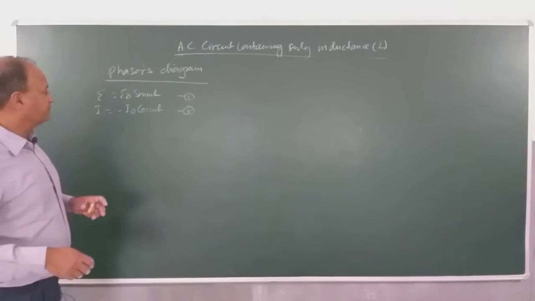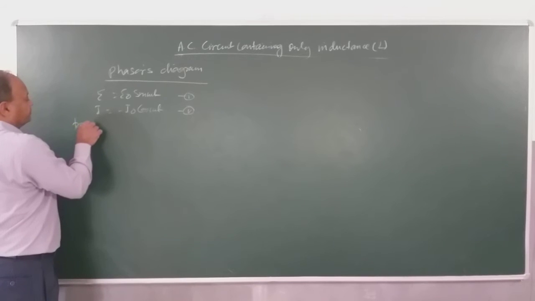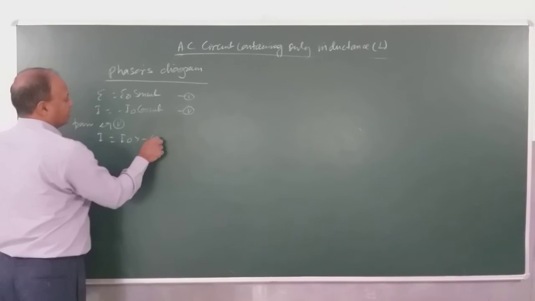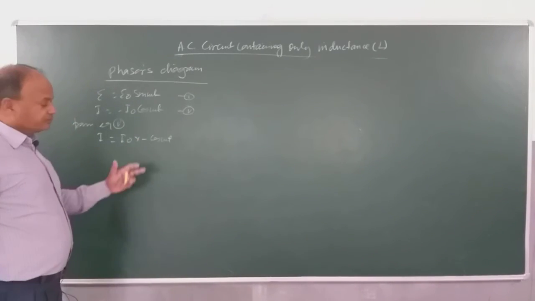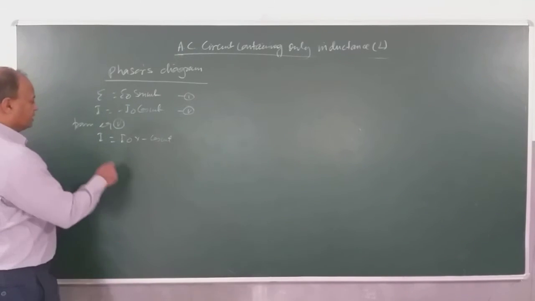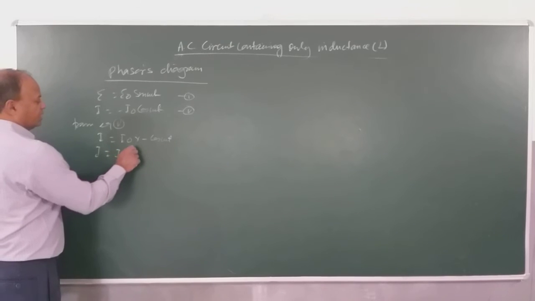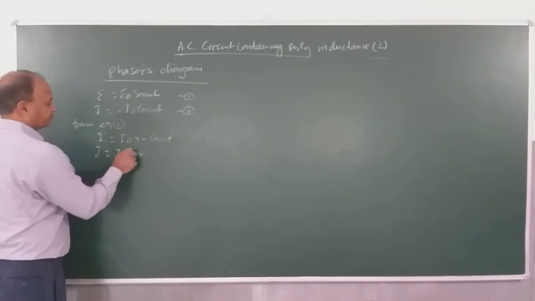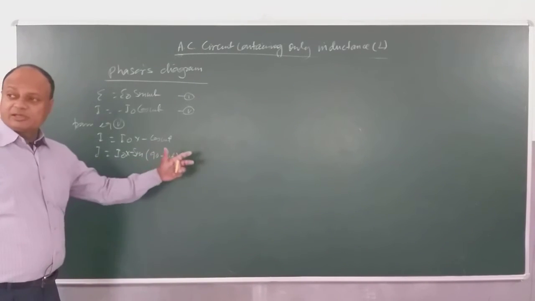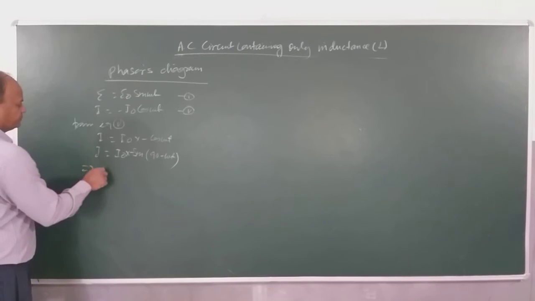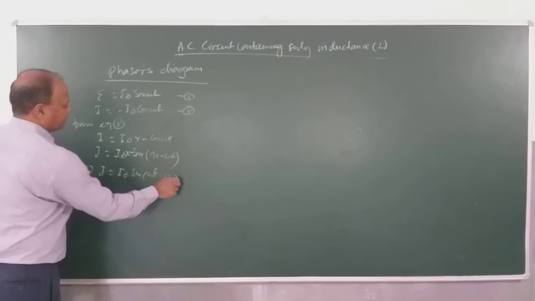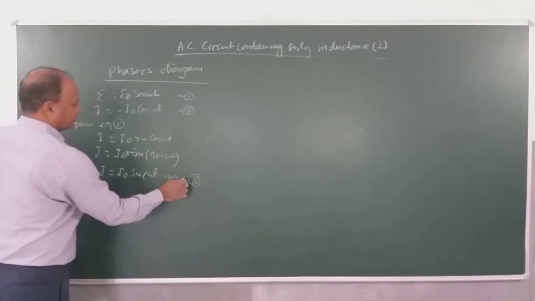And for understanding this, children, from equation 5 I can say I is equal to I naught into minus cos omega t, and cos theta is equal to how much? Sin of 90 minus theta. So you can say here I equals I naught sin of 90 minus omega t. Now if you take this minus term inside, then you get I equals I naught sin of omega t minus 90 degrees. This is equation 6.